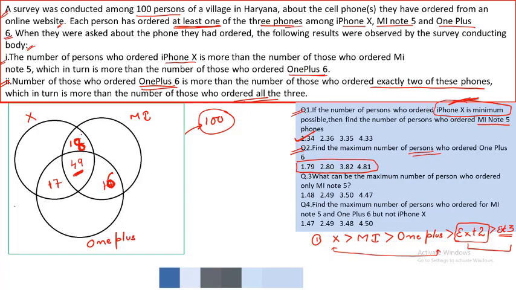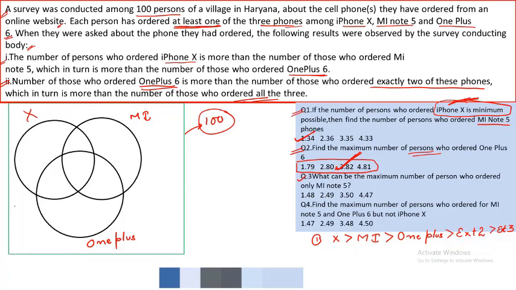So is it satisfying? Let's cross check it. What would be the total number of phones of OnePlus, or the number of people who have ordered OnePlus? It would be 15. This would be 82. Okay, this is nothing but 18 and 16, 17. So this is 83 and this is 84. Yes, the first 3 conditions are being satisfied. So the maximum possible value of 1 plus 6 is 82. So the answer to the second question is 80.